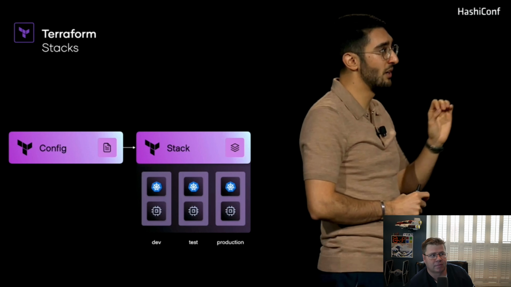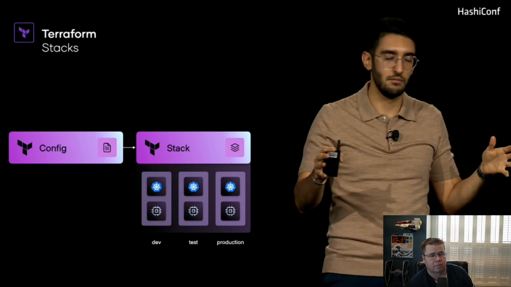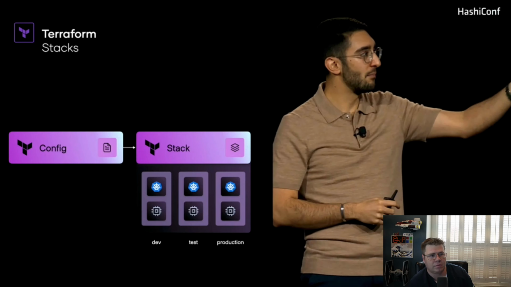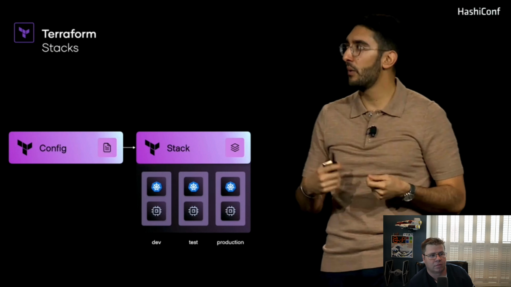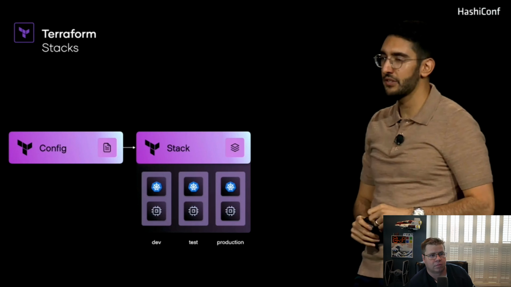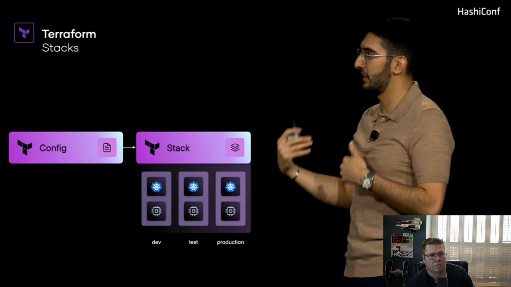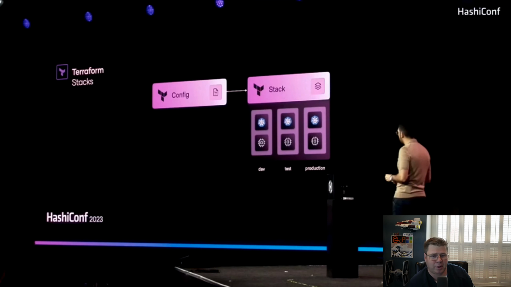And so what this lets us do is have a single configuration that spans multiple configs, right? Could be our underlying network config as well as our Kubernetes app and multiple environments, dev, test, prod, and capture all of that as a single stack. And so now when we interact with Terraform, it can actually do that orchestration across all those components and all those environments as part of a single workflow, rather than requiring you to stitch together a workflow across multiple environments, multiple components. Which is pretty much what I do all the time, using either Azure DevOps or GitHub Actions. You create a pipeline and you have to stitch these layers of your architecture together